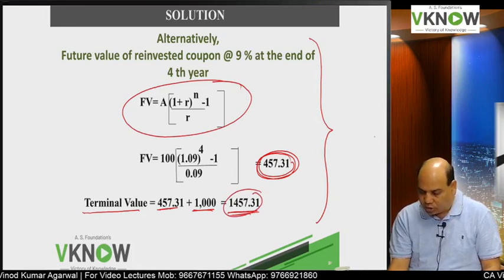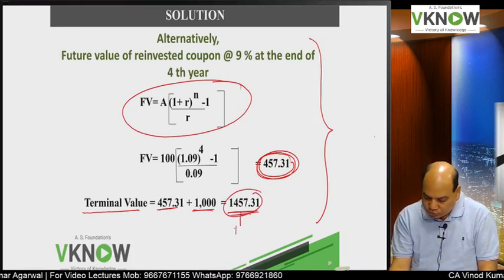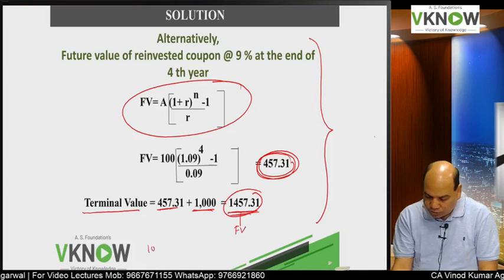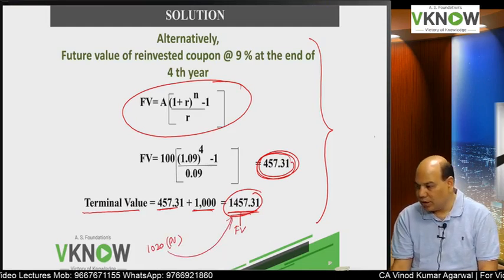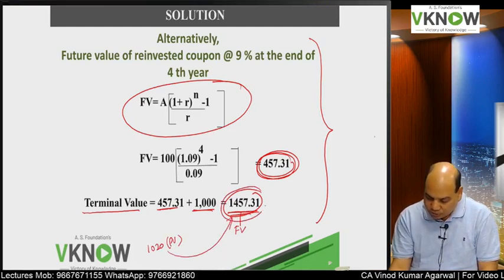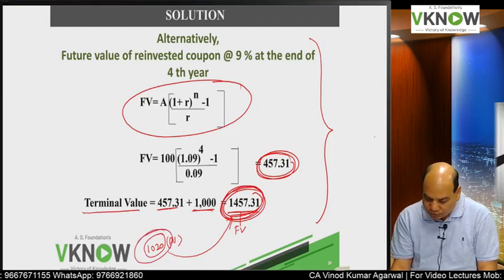Now you will understand what I have to do. This is the future value and 1020 is the present value. We have to find that discount rate at which the present value of this amount is equal to 1020, or the future value of this amount is equal to